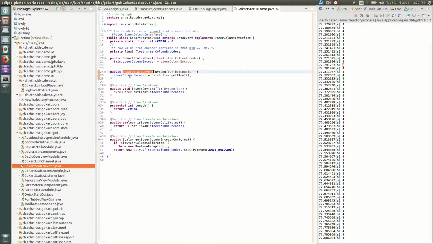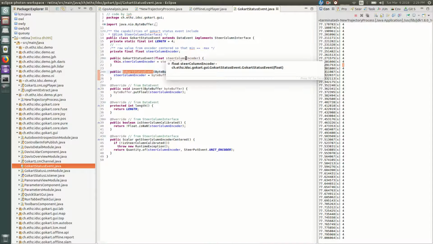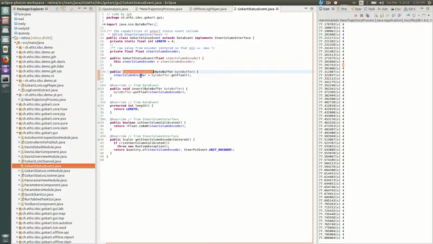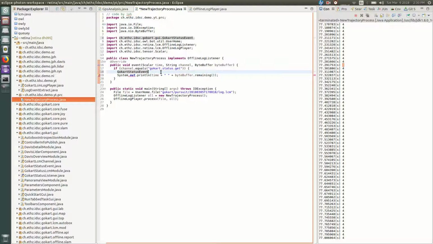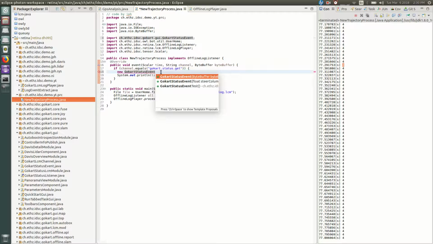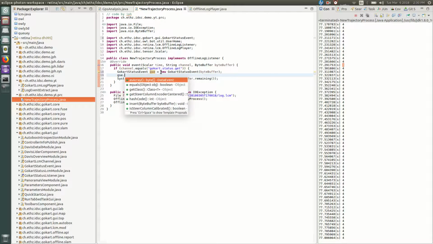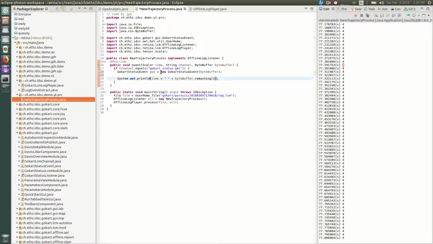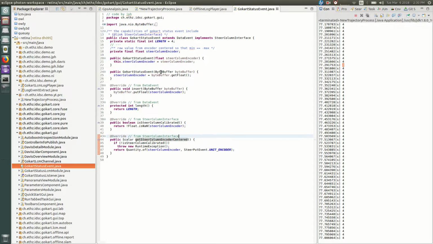So to complete this example, I will use this constructor to create the message that was in the go-kart software at the time when the go-kart was operated. So I'm going to use that constructor just like that, and now I have that status event as an object available, and I can use functions from that class. So instead of printing the bytes of the message, I'll just print the steering column value,